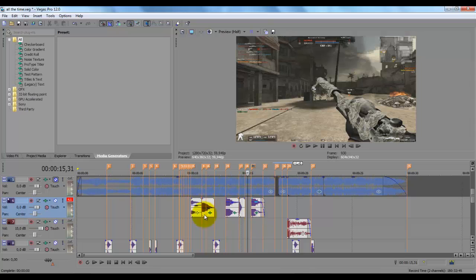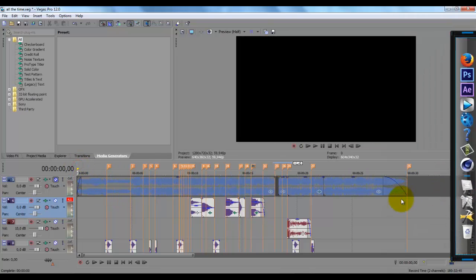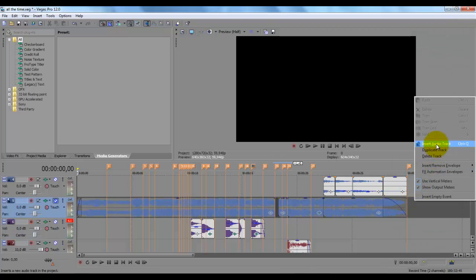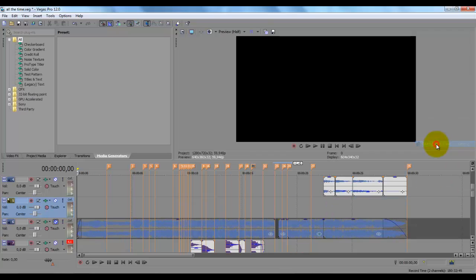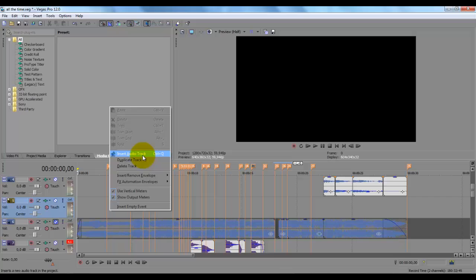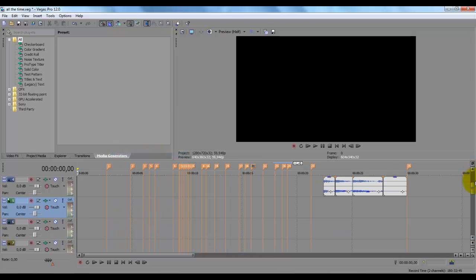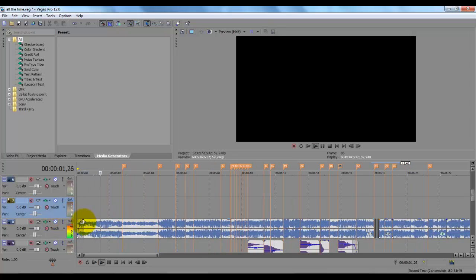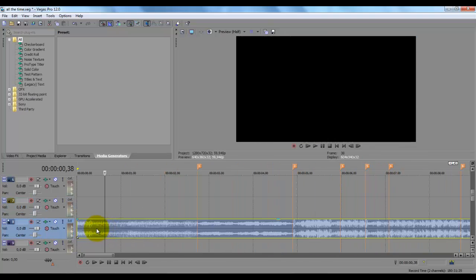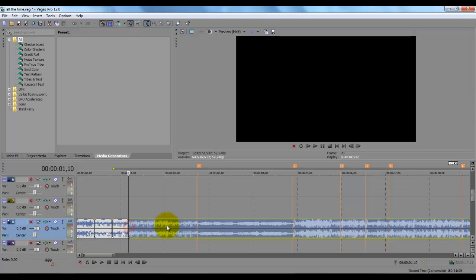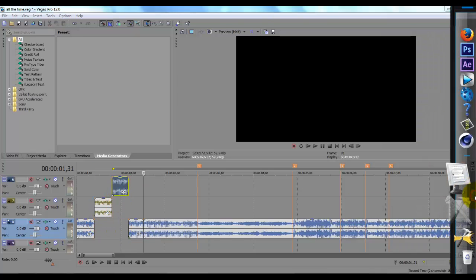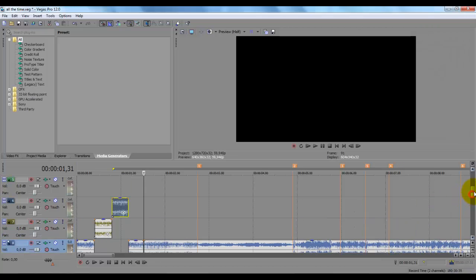Alright, so the second effect is how to make it sound like this music, or whatever the sound is, going from your right to your left here if you have earphones. It's really simple. You're just gonna want to create some more audio tracks, and I'll explain why in just a second. You take your song right here. Alright, so that's the sound. You're gonna have to cut. Usually you want to cut where the beat is,